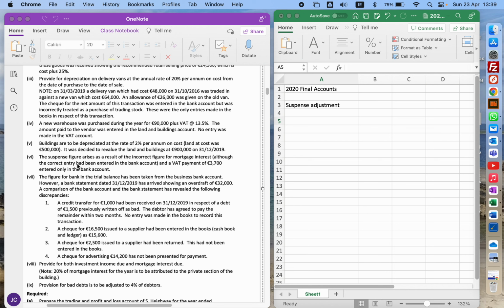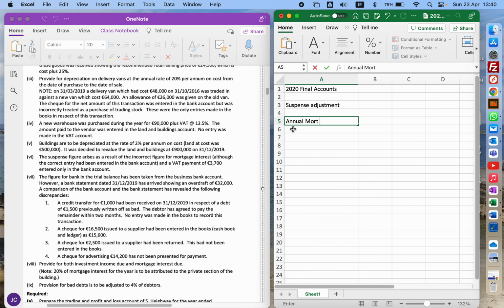So in this case, suspense figure, wrong figure for mortgage interest, that's standard. The correct entry put into the bank account and the VAT payment of whatever. Okay, so mortgage interest we know is wrong. So I need to work out what should mortgage interest be. At the same time, I'm going to provide for the mortgage interest due, and I'm also going to take into account the fact that some of it is going to be private, so that means it's going to be added to drawings. So my annual